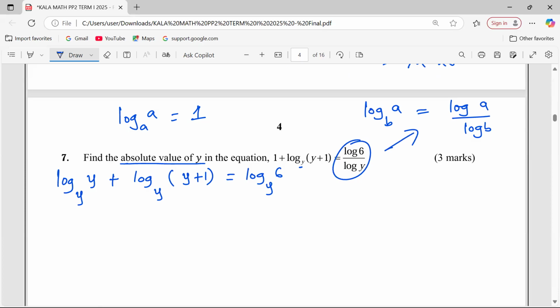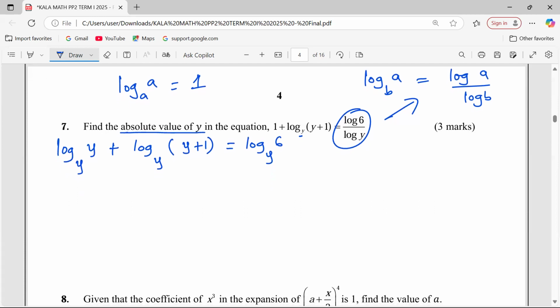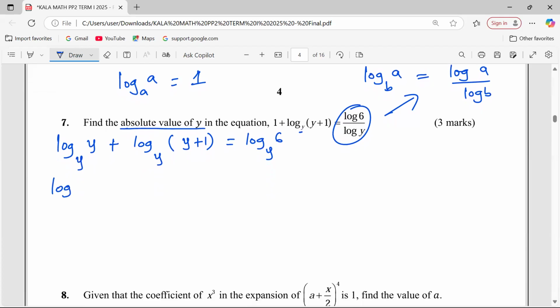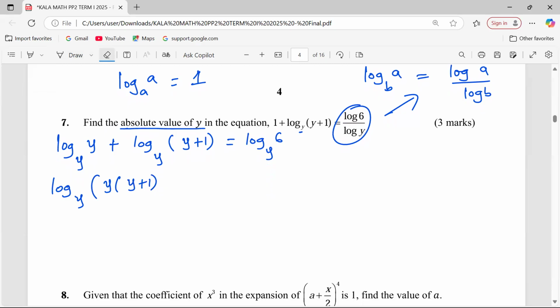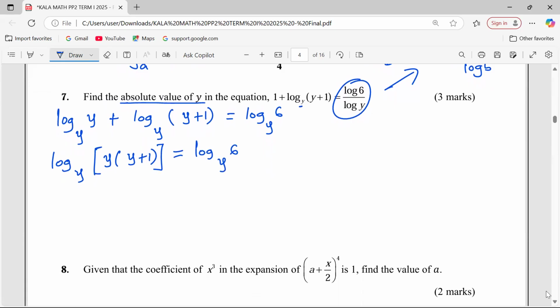So this way now, we can finish up very quickly by applying the multiplication law on the left-hand side, whereby we take the log to base y of y multiplied by y plus 1 that way. So I can introduce the curly brackets here because there are other small brackets. The log to base y of 6. So at this point now we can talk of log of y. Then this will be y squared plus y